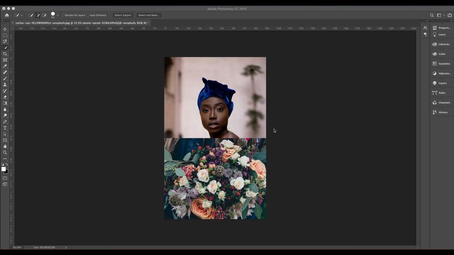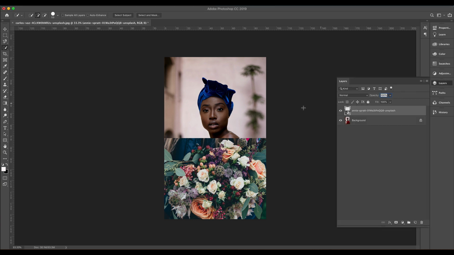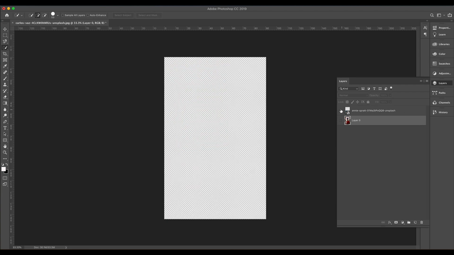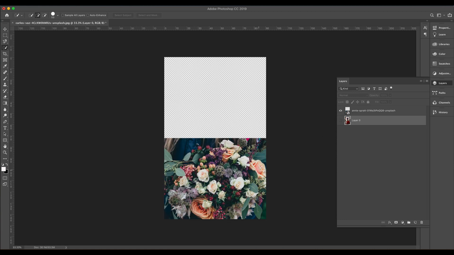So firstly, what we're going to do is go into Photoshop, and the two images that you've chosen, or you can use the images that I have in the links in the notes. So open your first image, which is this image of a girl, a model, and then we'll unlock that background. Then we have the second image, which is the flowers. So this is going to become her dress. We'll just rasterize this image,